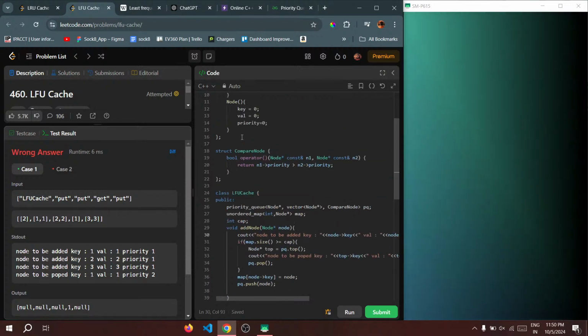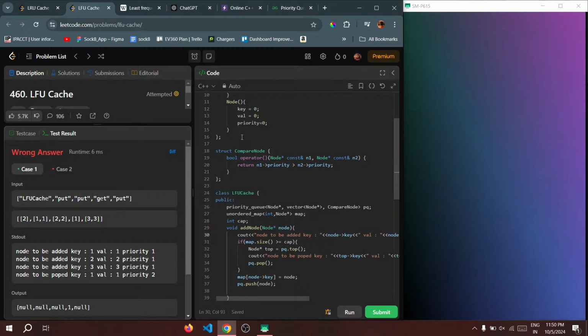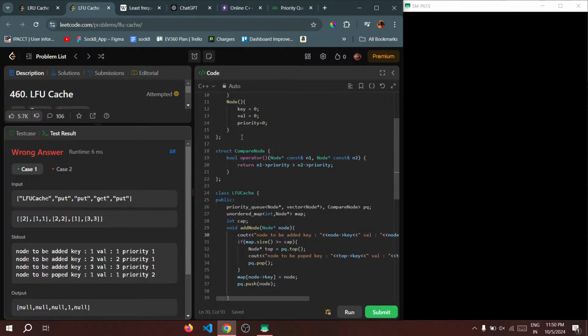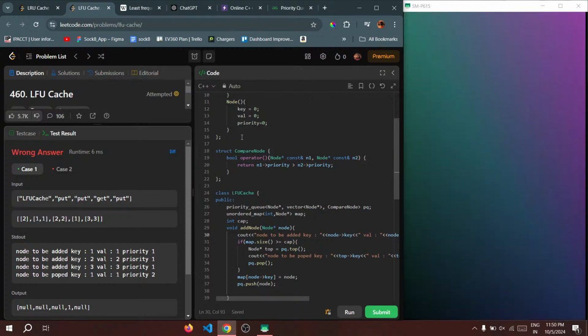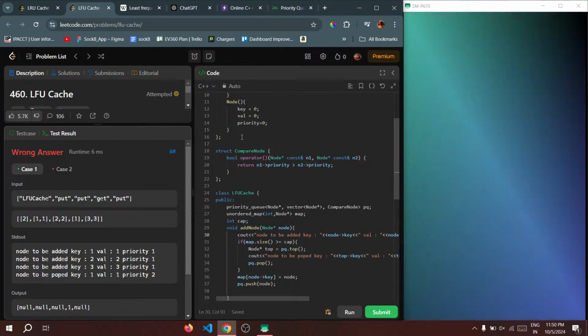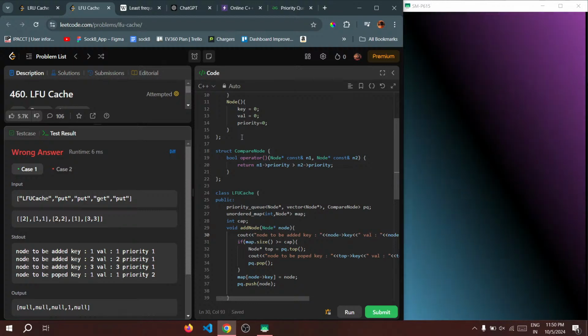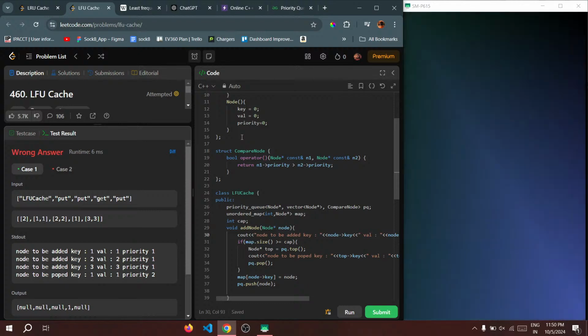The node that has less priority should come first. The node to be popped. टू कैसे हो सकता है? इसका प्रायोरिटी तो ज़्यादा है ना।